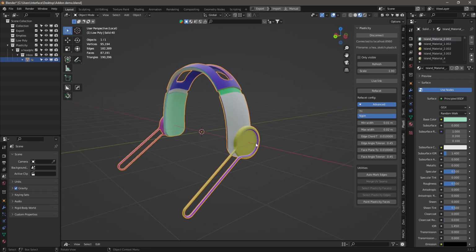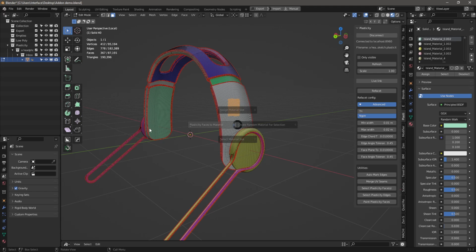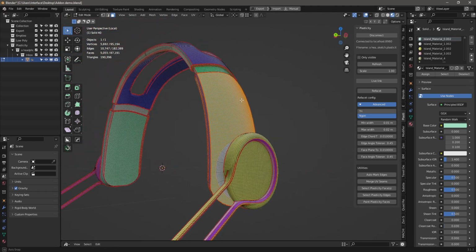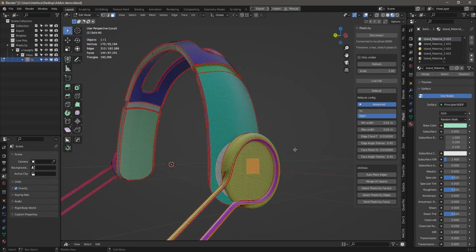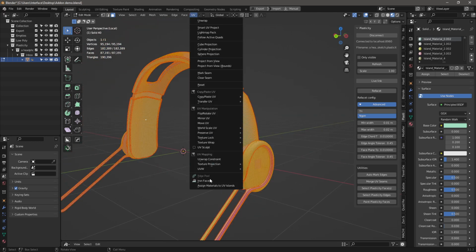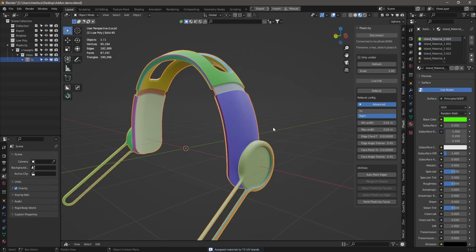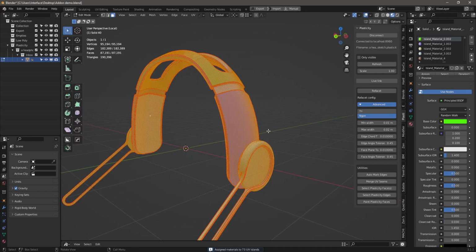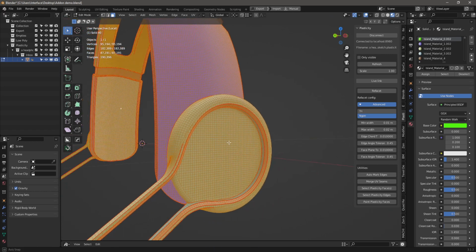So now that I've shown you the very, very basics, we have the materials by plasticity faces, we have the material by selection, and we have the material by UV. Let's show you how you would actually use these. And just a quick note, I want to point out,